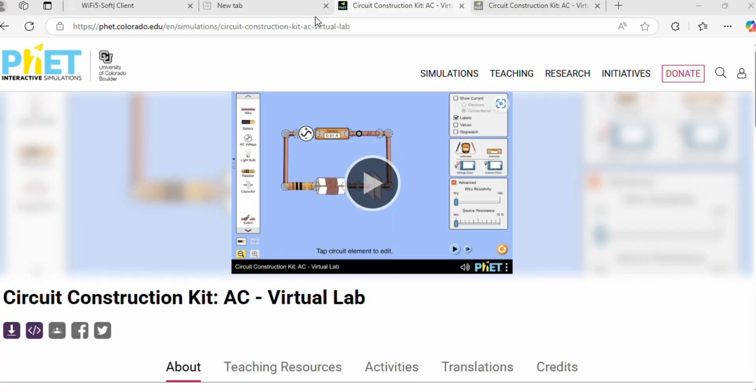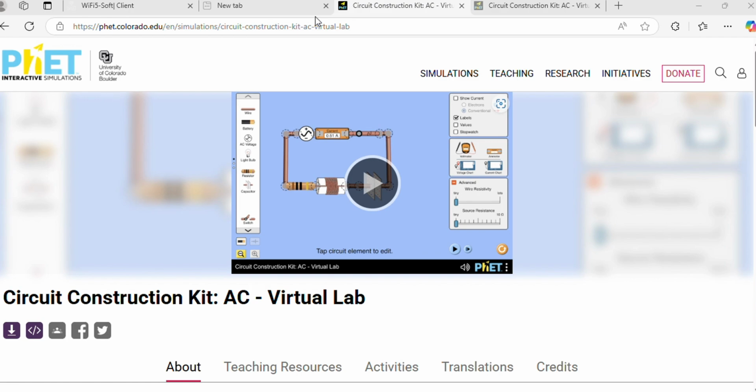It's all about electricity. Electricity powers everything around us, from the light in our homes to the phone in your hand. But how does it work? By the end of this lesson, you'll understand how electricity flows and what makes a circuit work. So, let's get started. Activity 1. Understanding electricity flows.